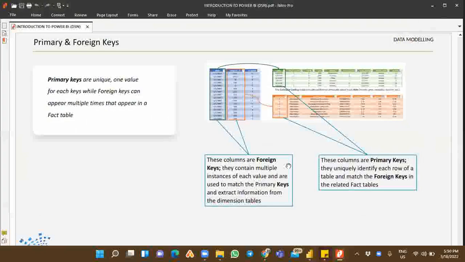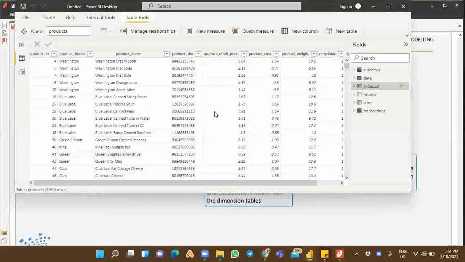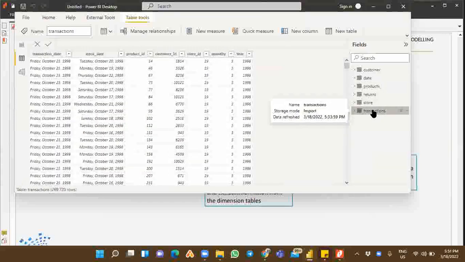The second concept is called foreign key. Now what does foreign key mean? A foreign key is an identifier in your fact table that relates to the corresponding dimension table. What do I mean? It means that in your fact table, which is why I say it is very important, you must be able to identify which one is fact, which one is dimension. Because once you have a good understanding of which one is fact and which one is dimension, every other thing will build on it. Having understood that our transaction table is our fact table,